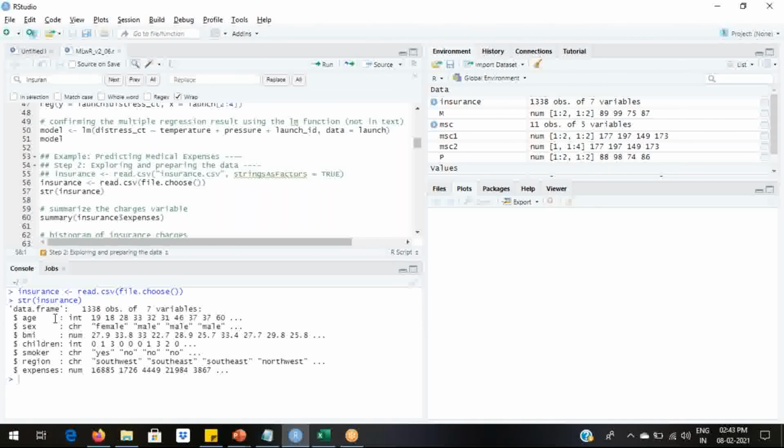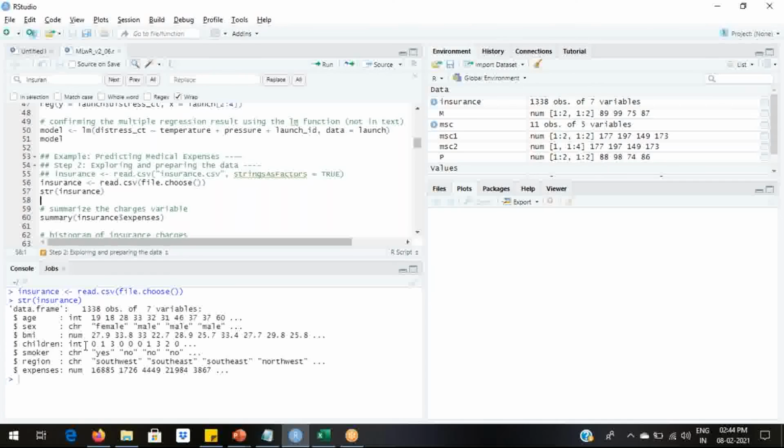So all the variables that we discussed some time back are listed: age, sex, BMI, children, smoker, region, all the independent variables, and expenses, which is the dependent variable. The data type of each of the variables is also given. As we discussed earlier, age is an integer variable, sex is a character variable, BMI is a numeric variable, that is, it has decimal values.